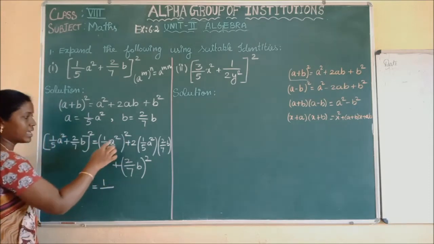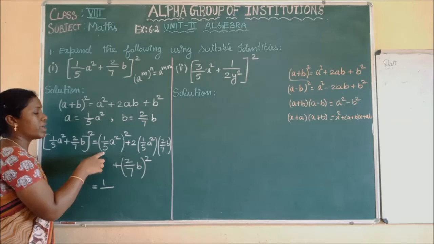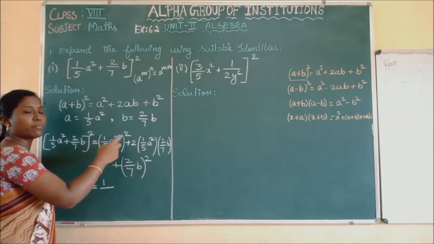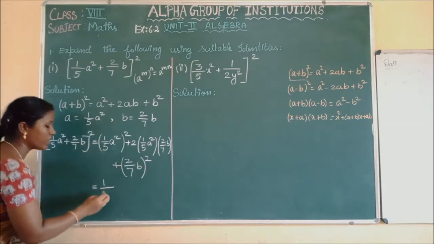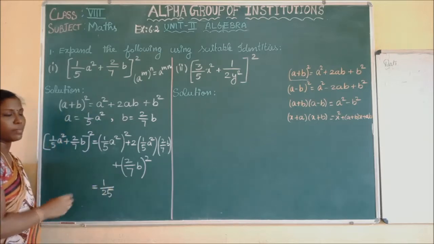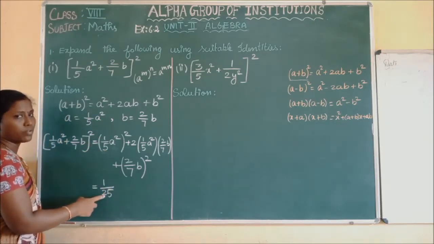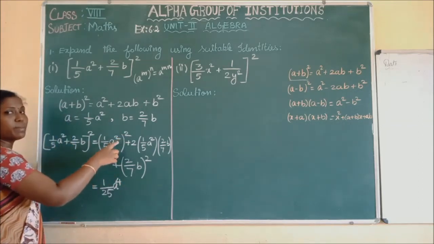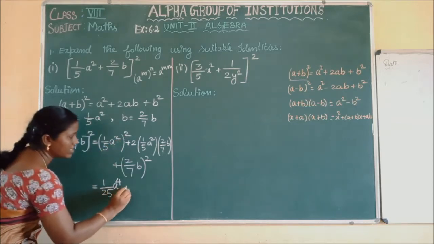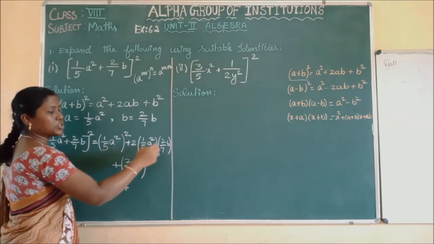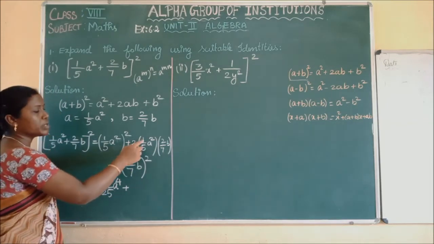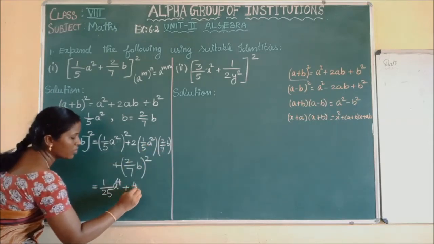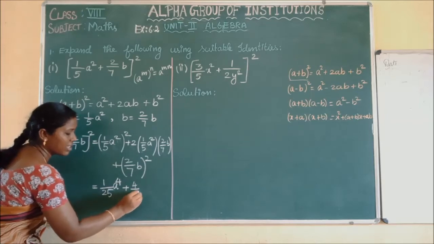If I take the square inside, the square is applicable for both the number as well as the variable, because the terms are in multiplication. So 1 by 5, if you square, there will be 1 by 25, because 1 square is 1, 5 square is 25. A square, the whole square, that is a power 4, because square and square will be multiplied. Plus 2ab, 2 into a into b. Here first multiply the numbers. 2 into 1 by 5 is 2 by 5. Again 2 by 5 into 2 by 7 is 2 2s are 4, by 7 5s are 35.